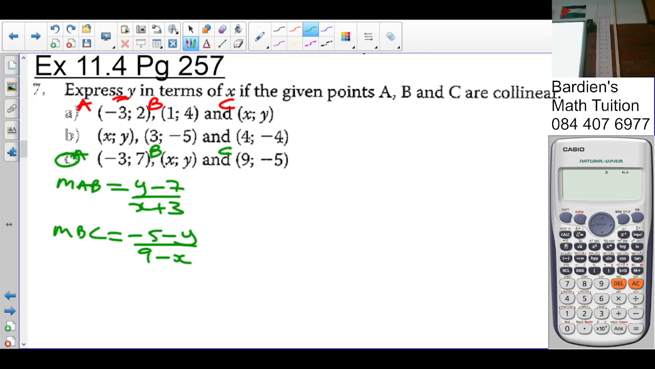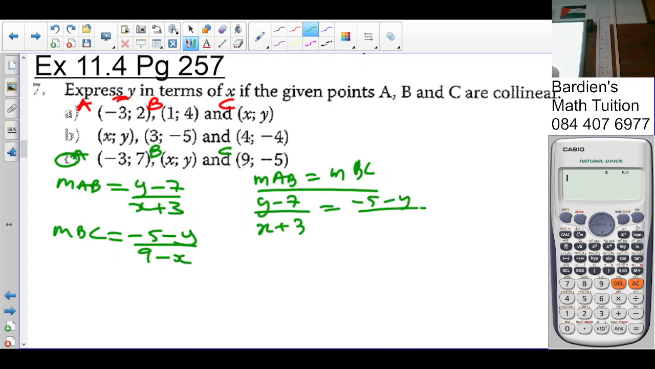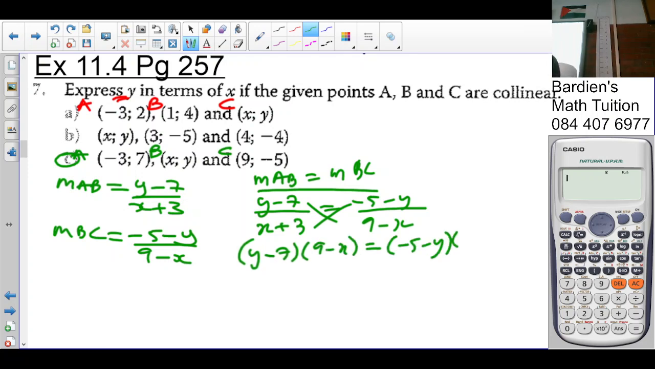Alright, so if points are collinear, what do we know? Gradients are equal. So the gradient of AB is equal to the gradient of BC. Let's see what's going to happen here. So it's going to be y minus 7 over x plus 3 is equal to minus 5 minus y over 9 minus x. So if you cross multiply there, it's going to give me y minus 7 times 9 minus x is equal to minus 5 minus y times x plus 3. So it's going to give you 9y